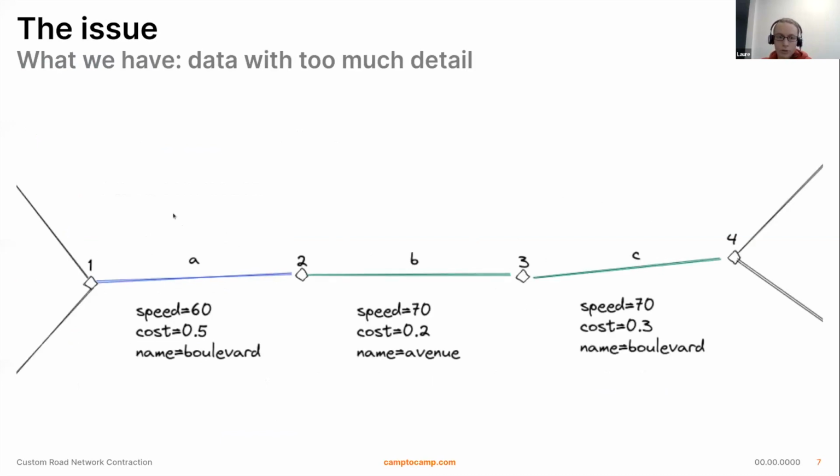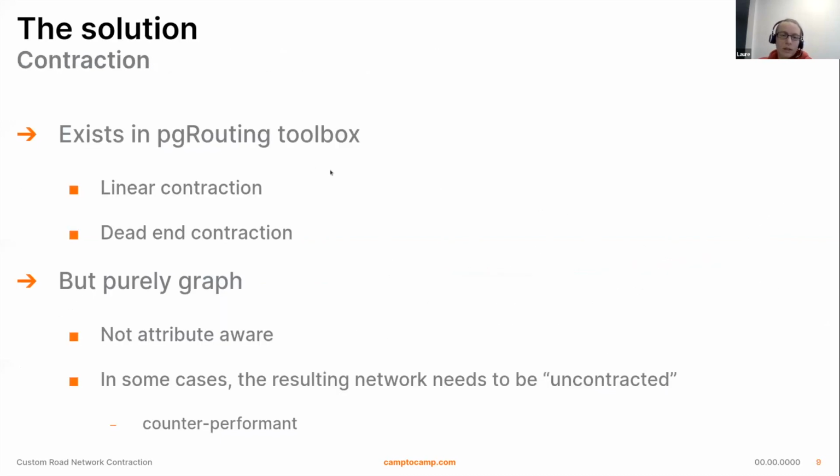So in its purest form, the contraction would remove A, B, C, and only keep one edge from 1 to 4. This kind of contraction is part of the pgRouting toolbox. It provides linear contraction, removing superfluous edges between nodes, and it also provides dead-end contraction. The name is explicit enough.